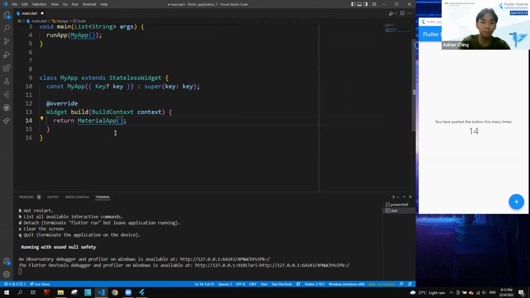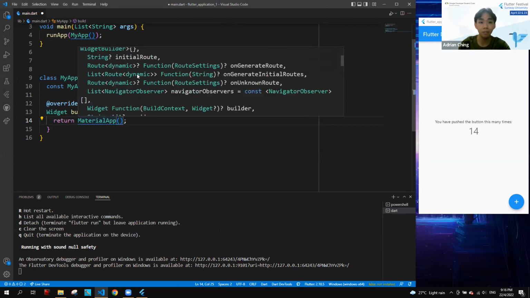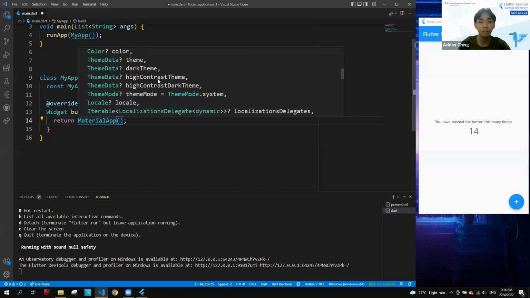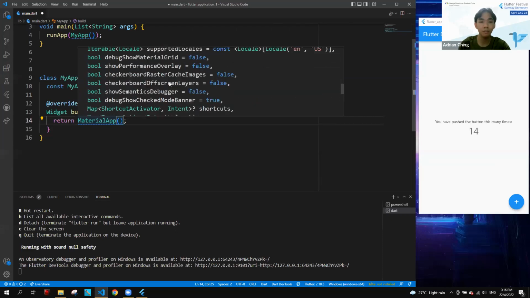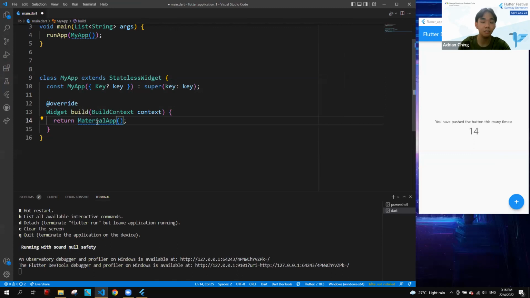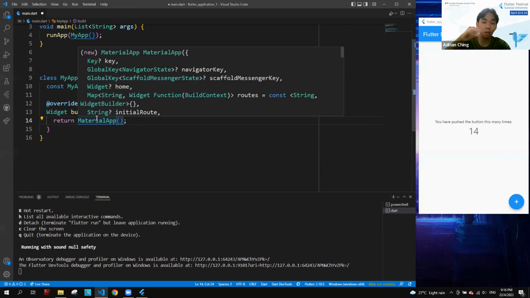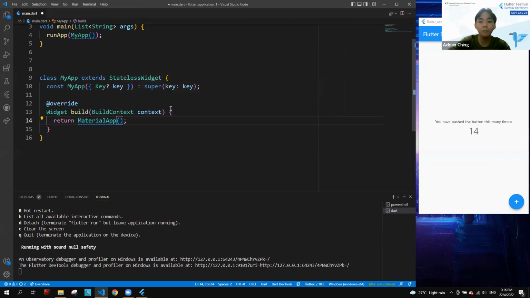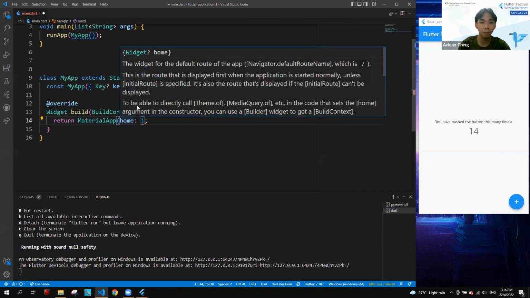Now this MaterialApp, in most Flutter apps, it's the root, it's the top level widget. And this MaterialApp contains a lot of different things like navigation, like themes, font sizes. You can change everything like default text, font sizes, all stuff like that. So usually in a Flutter app, you will only have one MaterialApp, which is the top widget. And now the MaterialApp will have something called a home, which is a named parameter. So we type home, and the home accepts an argument of a widget.